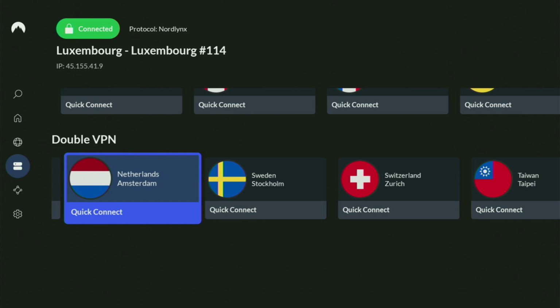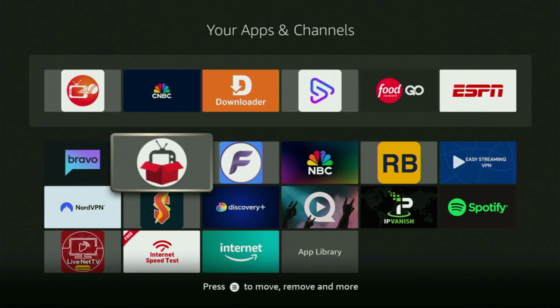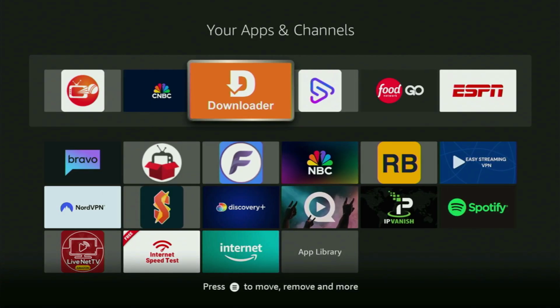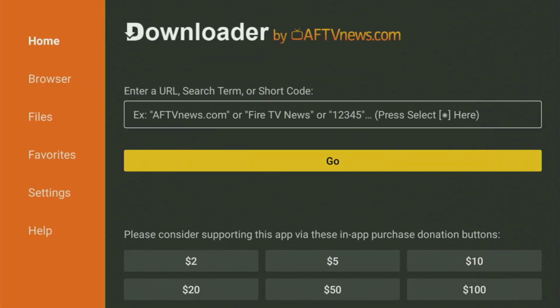And now, finally, let's use Downloader safely. So now we go back to the list of apps on your Fire Stick. Here it is. We open it up, and then just finally go into Downloader. So we open it, and now what you have to do in here is